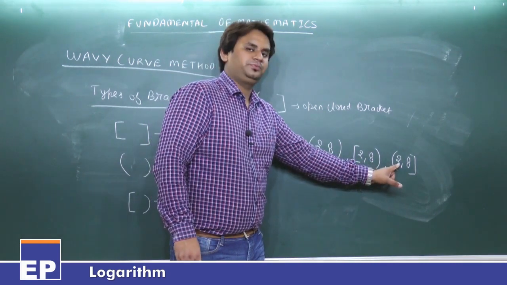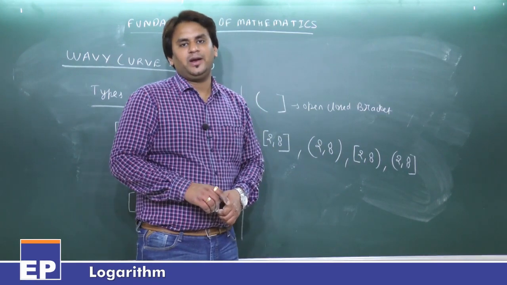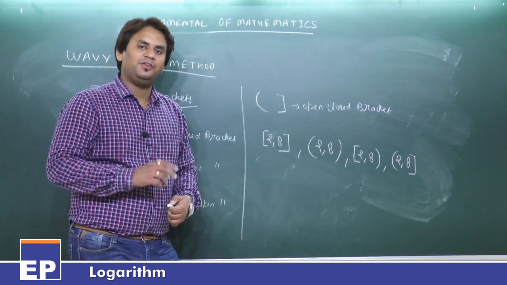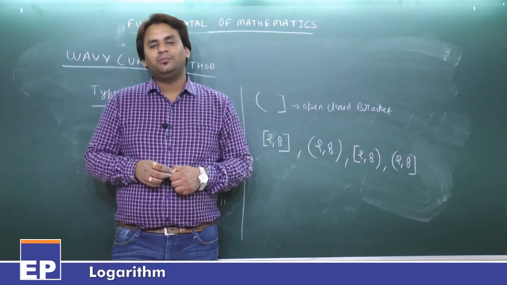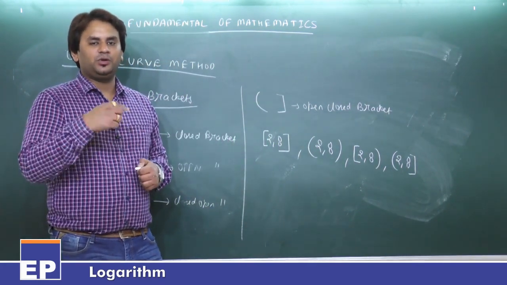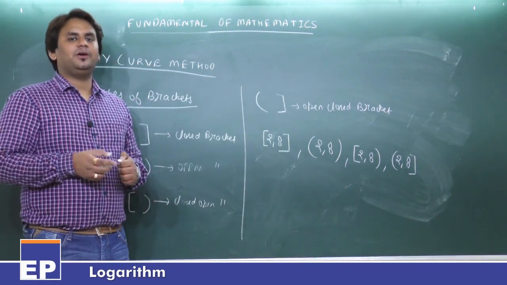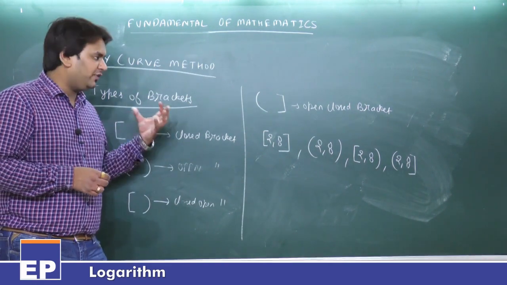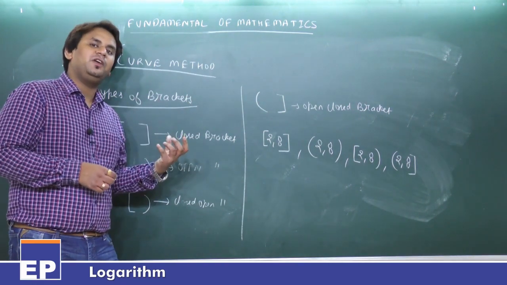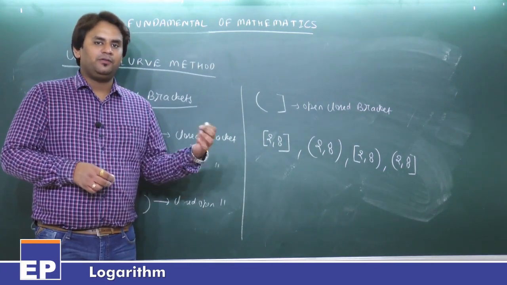Here you can take 2, you cannot take 8, but you can take all the values lying between 2 to 8. So these are the significance of the brackets that we are using in the Wavy-Curve method. Here I have told you about 2 things. First is symbols. Symbols you have to remember: union, intersection, epsilon or belongs to, not belongs to, and null element or phi element. And here 4 types of bracket. Now we will see what is the use of the Wavy-Curve method, which types of questions will be coming in Wavy-Curve method.